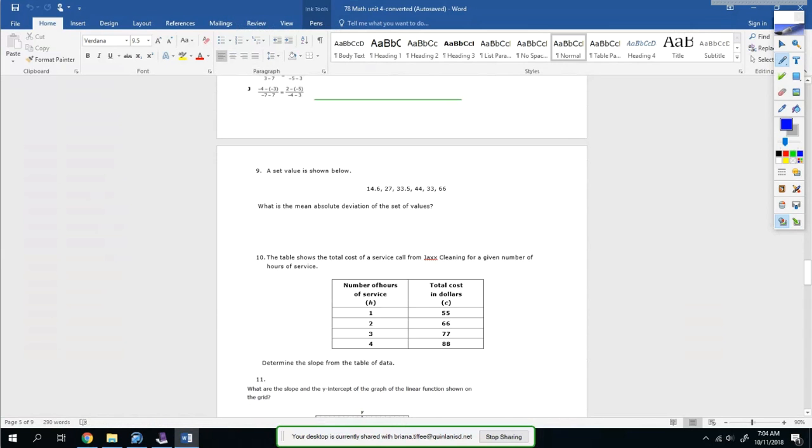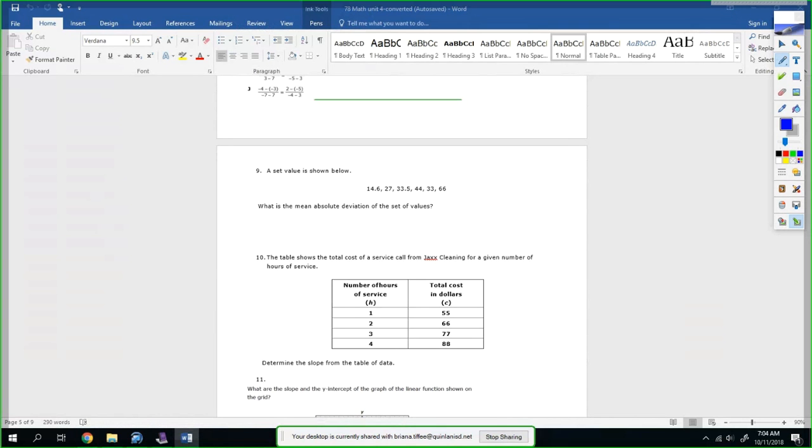All right, a set of values is shown below. What is the mean absolute deviation? So mean absolute deviation is technically not hard to find. It just takes a long time to do. So what you do when you do mean absolute deviation is you find the mean first. So you would do 14.6 plus 27